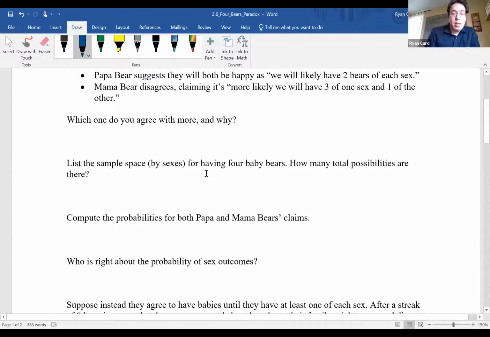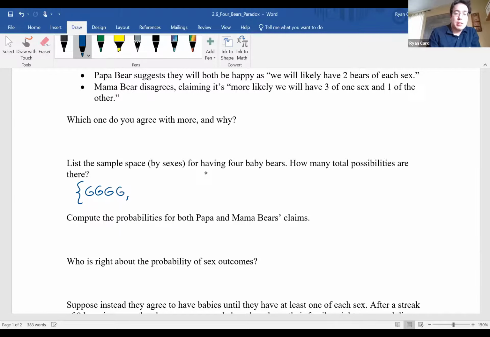Okay. So I want you to first list the sample space. What are the possible combinations of different genders you could end up with? So we're going to get a sample space with, so